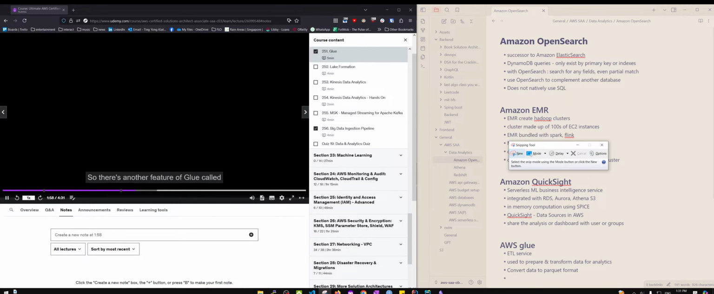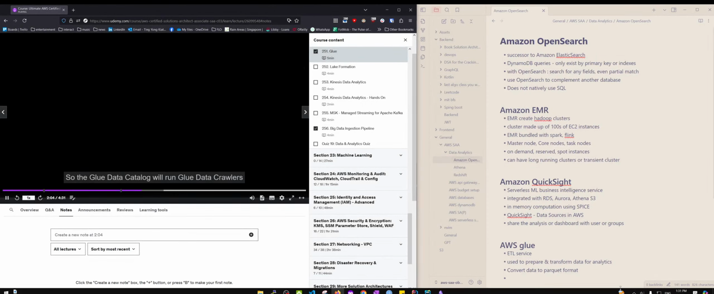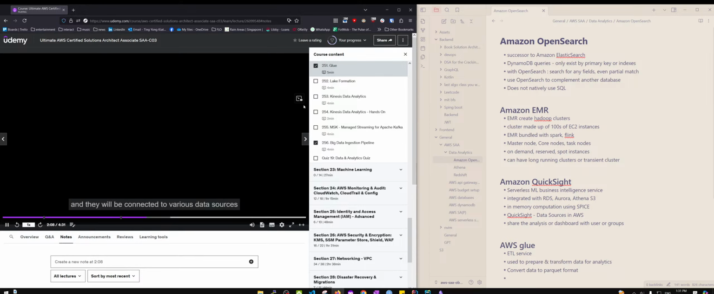Okay, so there's another feature of Glue called the Glue Data Catalog, which is to catalog datasets. So the Glue Data Catalog will run Glue data crawlers, and they will be connected to various data sources, such as